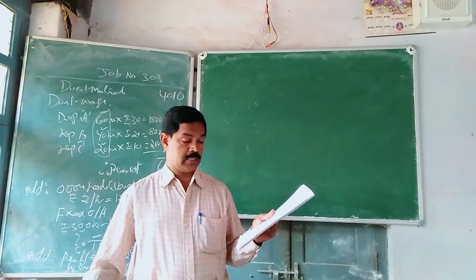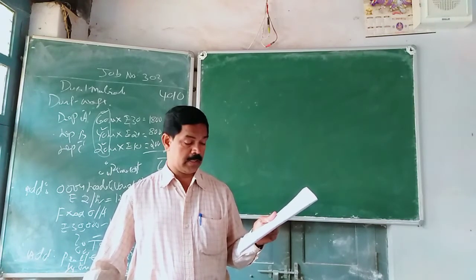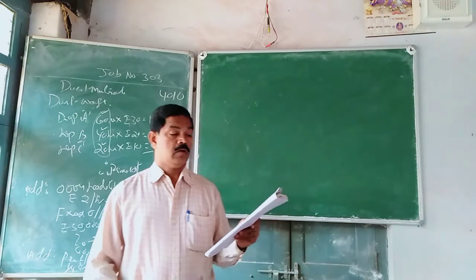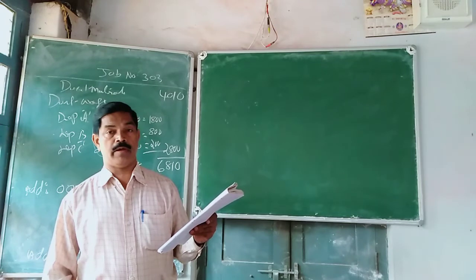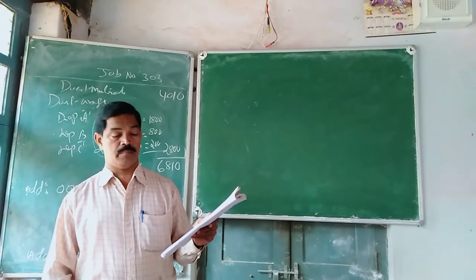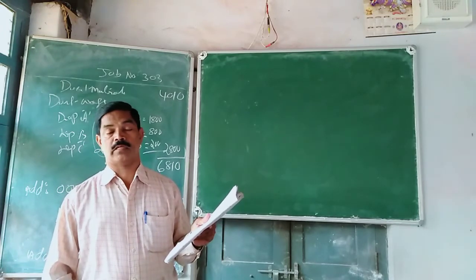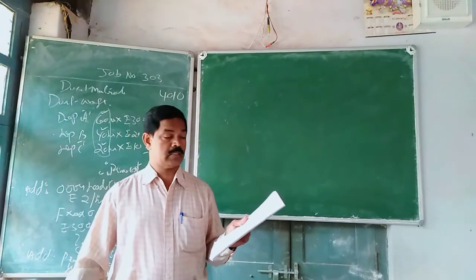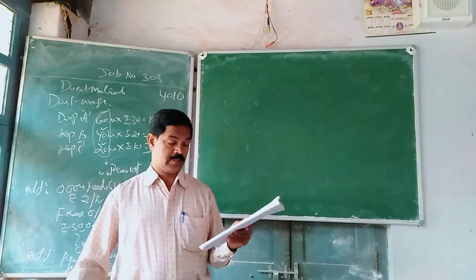Prepare job cost sheet for job numbers 612 and 613. Calculate the value of work in progress for 611 and 614. See here only 612 and 613 jobs are completed, 611 and 614 are not completed. So for that purpose we are asked to prepare a job cost sheet for 612 and 613 and a work in progress. Since the work is in progress, we have to calculate the work in progress for 611 and 614 jobs.